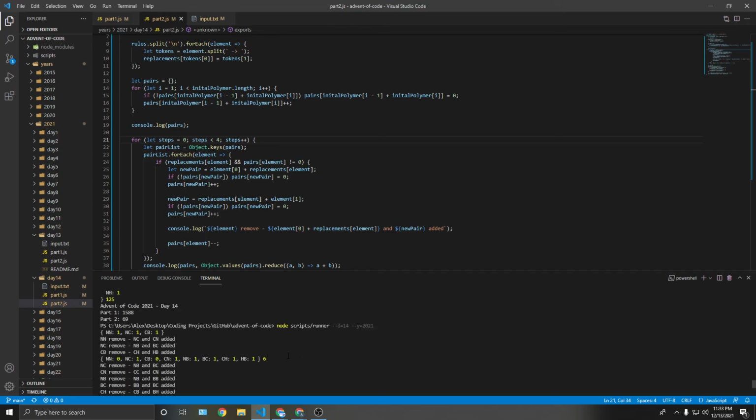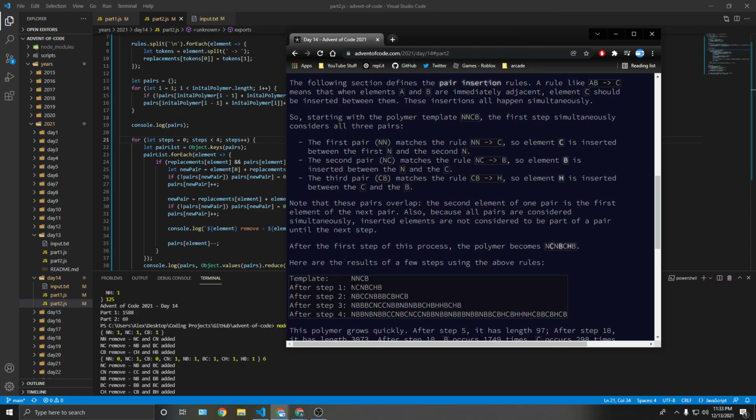So here, in removed, NC, NC, and added, which is correct. NC, NC, and added. NC removed. NB and BC is added, and then CH and HB is added, which is correct. And so here, NC removed, NB and BC is added, yeah, and then CN removed, and then CC and CN added, and then this should offset, so it shouldn't matter, and then NB removed,